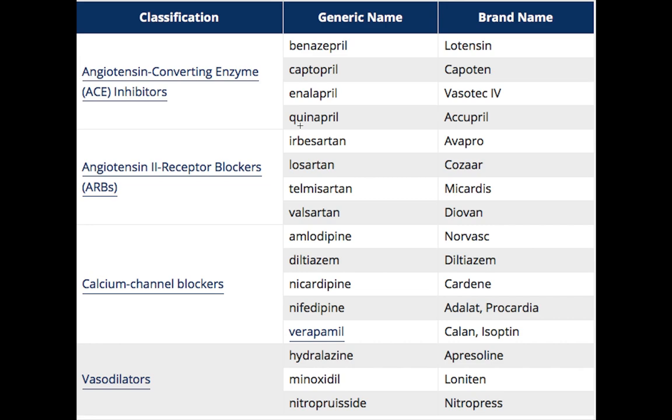The other drugs, ramipril and fosinopril, are prodrugs, because they need to go to the liver in order to get activated. The one thing I know about fosinopril, which is not mentioned here, is that all these other drugs are excreted through the kidney, whereas fosinopril has a balanced elimination. It goes out through both the liver and the kidney. So this is what I wanted to discuss about the ACE inhibitors.